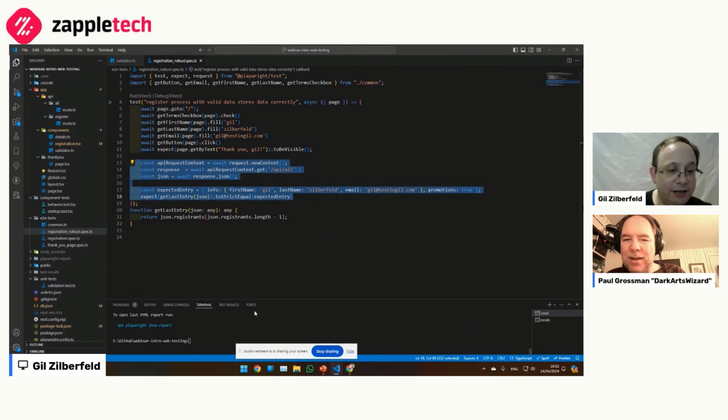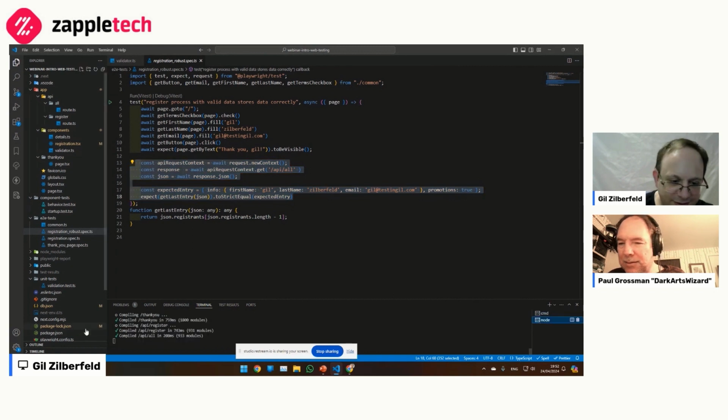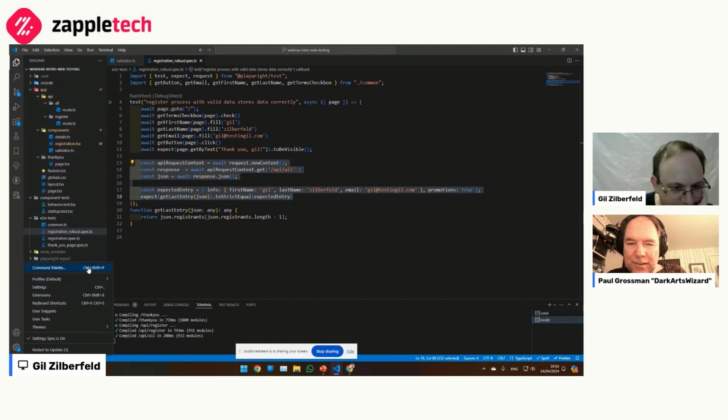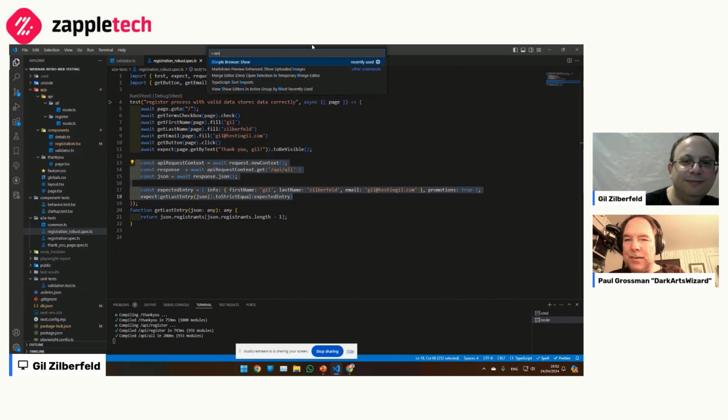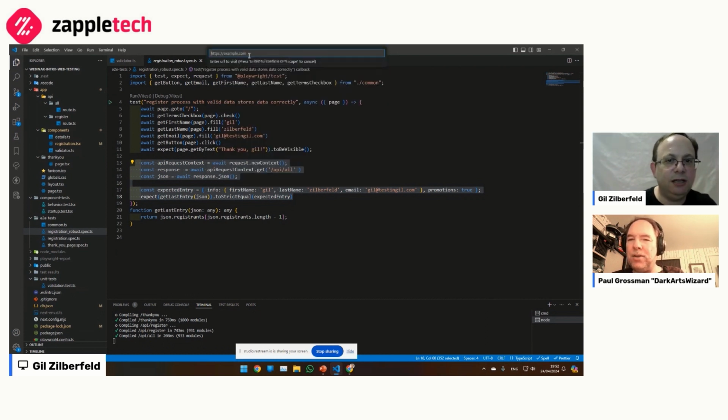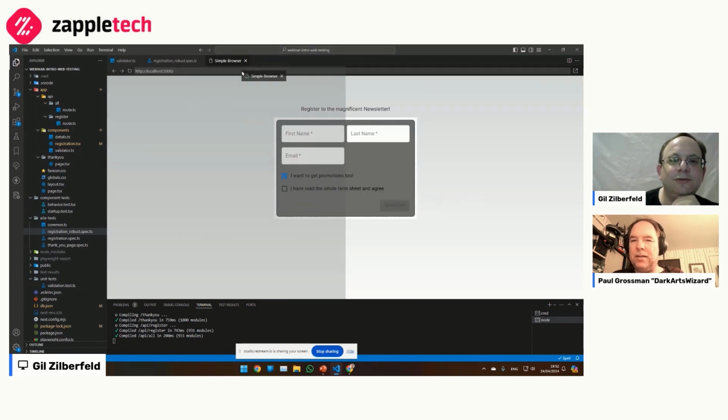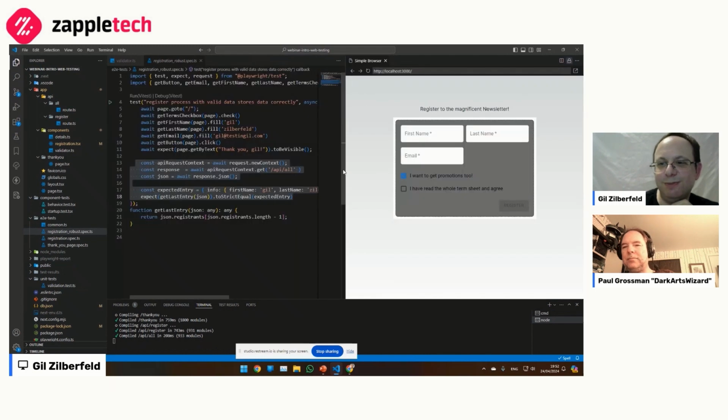So the application is running here. It's already running. Okay. And I think you go here to the command palette. When you do that, you can type simple browser. I recently used it, so it's up there. If you do that, it asks you for the address, which is basically your application name. Fantastic. Voila. And then what I did is split it.